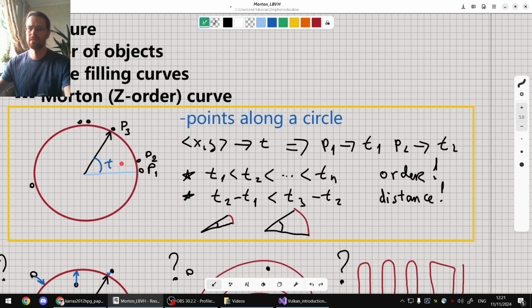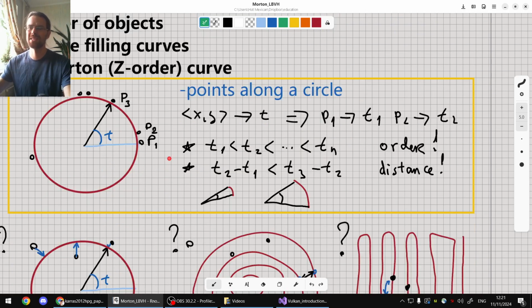What we actually get is that we have mapped our two-dimensional points into a parameter of this curve. In this case, it's t, kind of an angle, maybe time, but time makes no sense in this case. I'm just accustomed to this. So yeah, each point from R2 is mapped, basically, not each, but in this particular case, to a parameter. And what we get is that